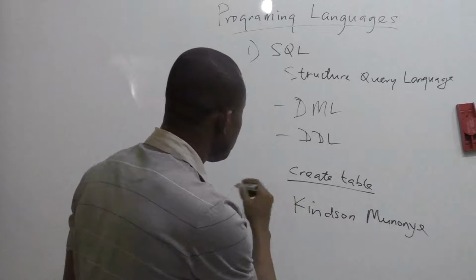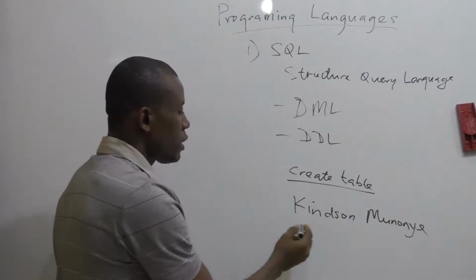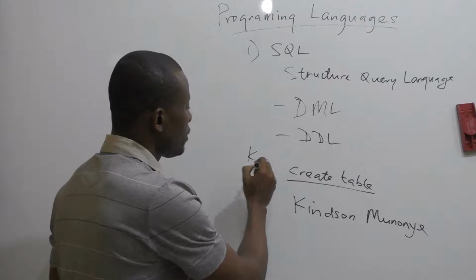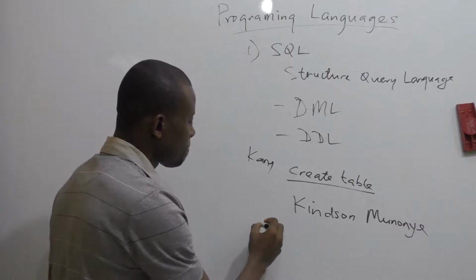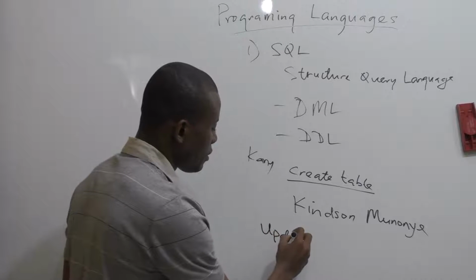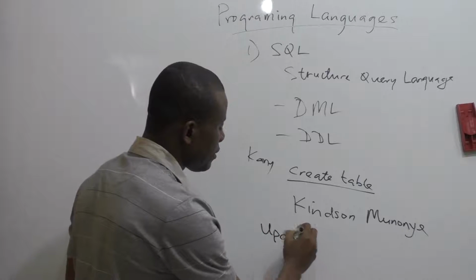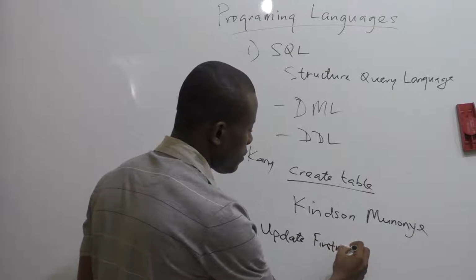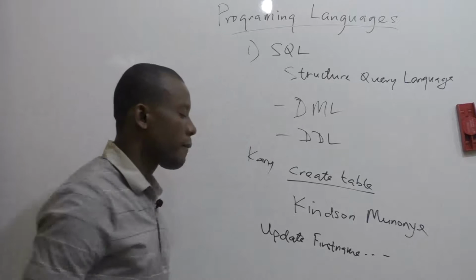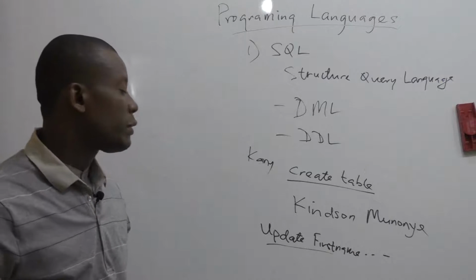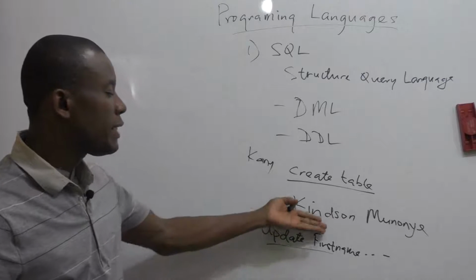So assuming I want to change my name to something like Kani, the query will look something like update the first name, blah blah blah. So this is a data manipulation language because you are manipulating the data,